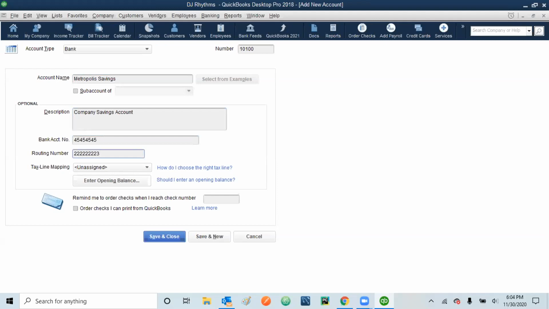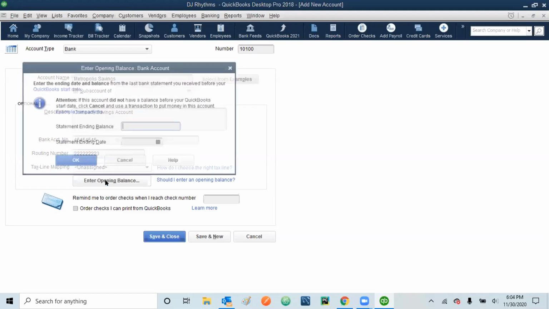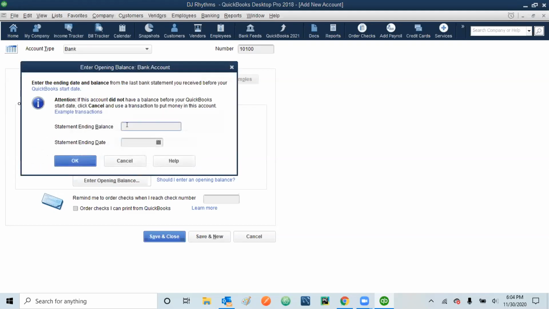Just in case you are bringing the data from manual ledgers or registers to this company, it means you have some balance available on such and such date. So you can always put that opening balance in this place. Here we put the balance as of the date from which you are transferring the data into the computer, like into QuickBooks.